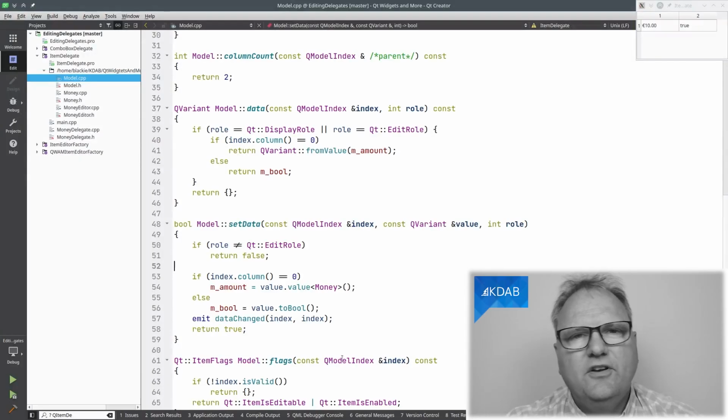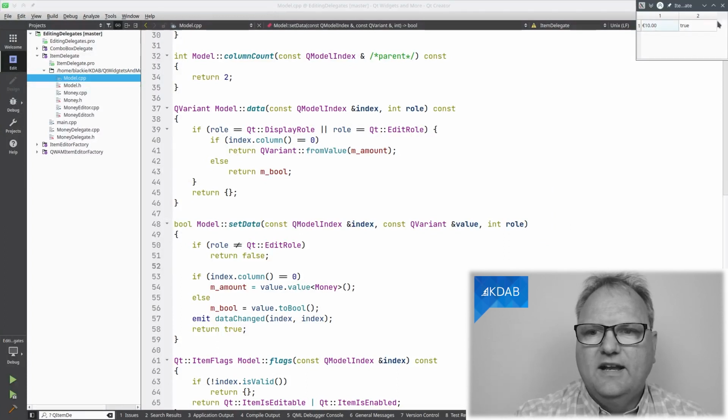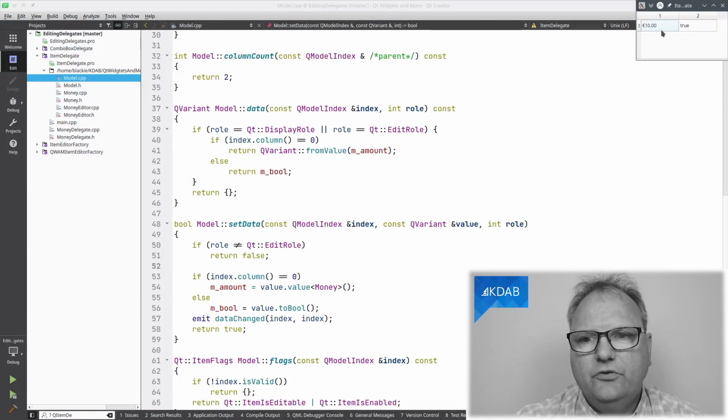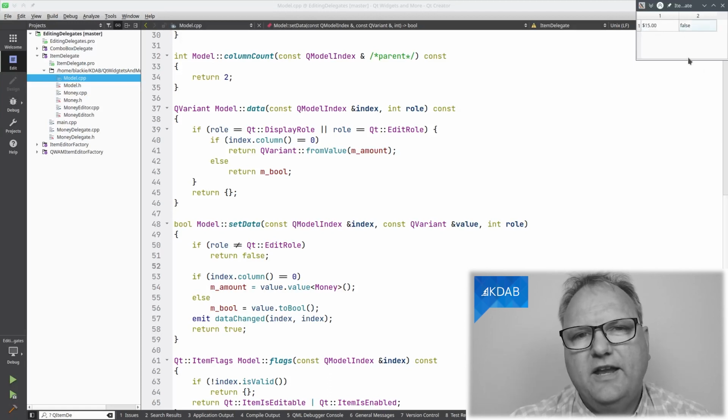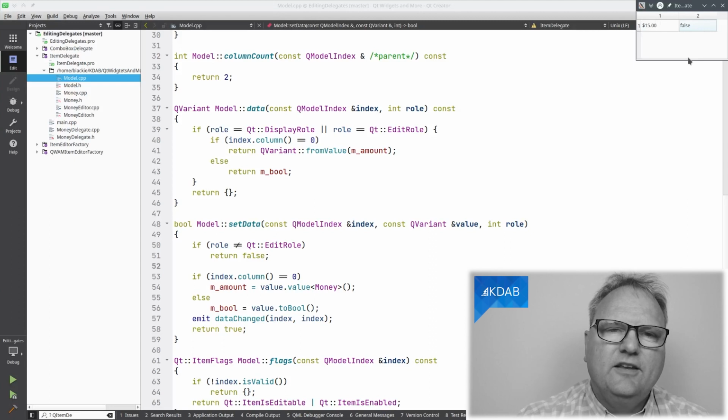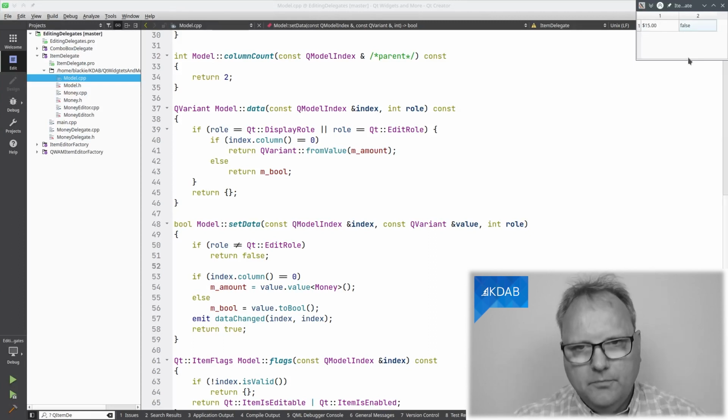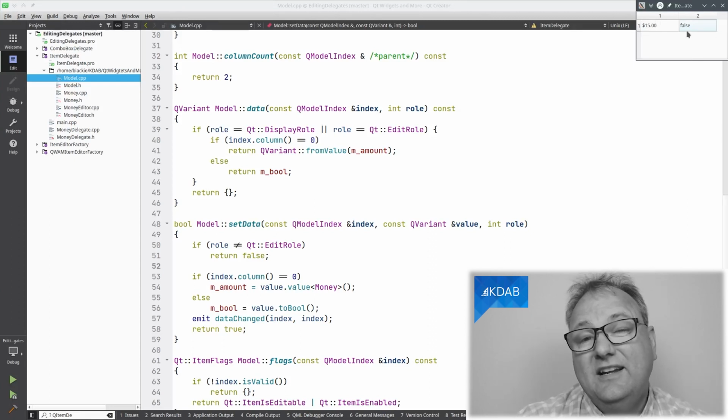So in this trivial example I'm going to show you, you can see I got a view up here with two columns, one for a Boolean that I can choose and another for an amount that I can choose. And well, there's not much to say about that. But let's look at the data from below and up to the view. So we start with the model.